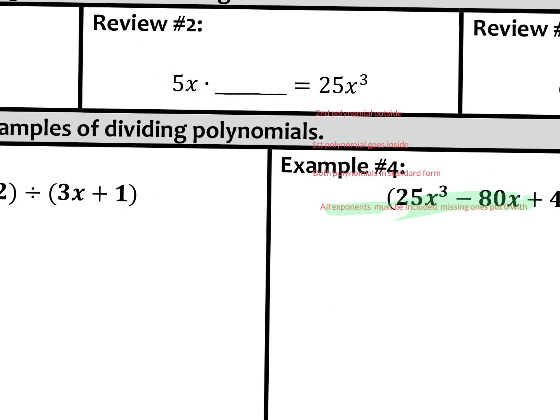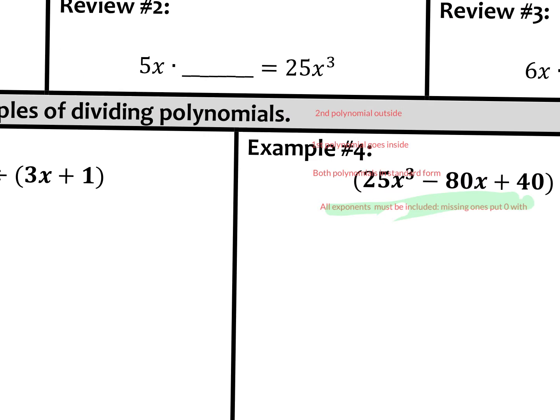So let's try another one. What do I multiply 5 by to get 25? Well, that's 5. And to get x to turn into x to the third,